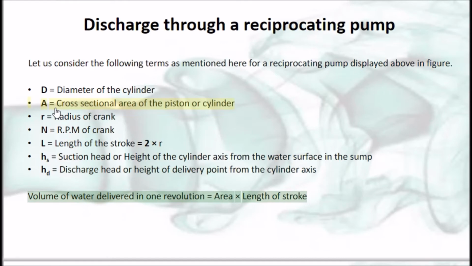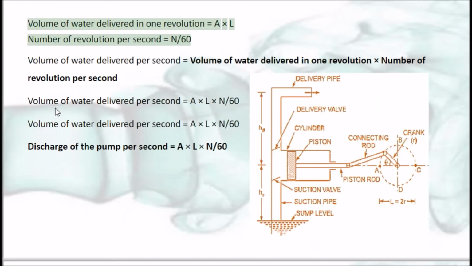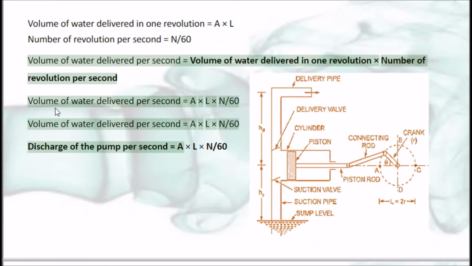Volume of water delivered in one revolution equals area times length of stroke, which is A times L. Number of revolutions per second equals N/60. Volume of water delivered per second equals volume of water delivered in one revolution times number of revolutions per second. So volume of water delivered per second equals A times L times N/60. Discharge of the pump per second equals A